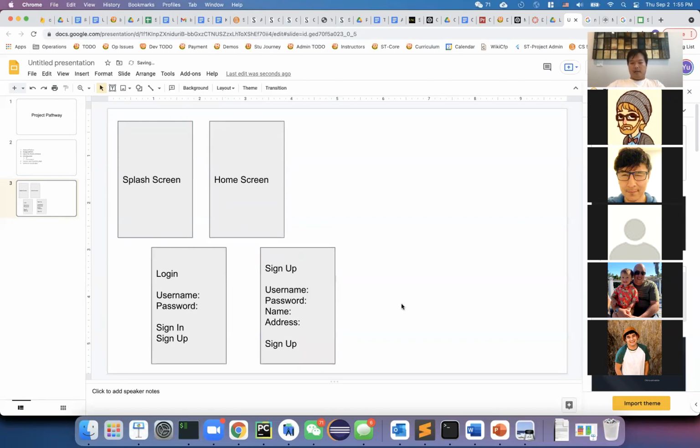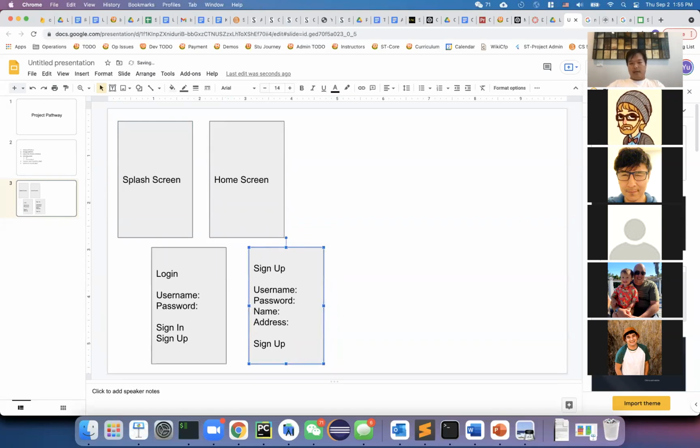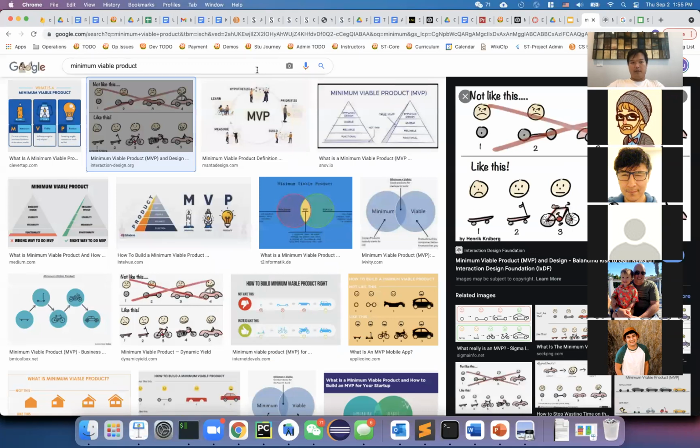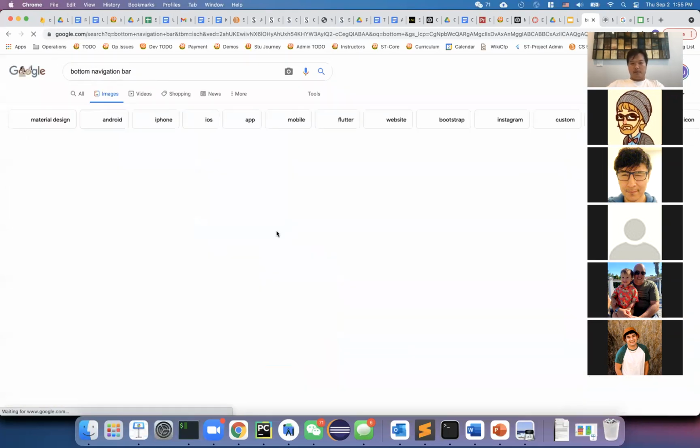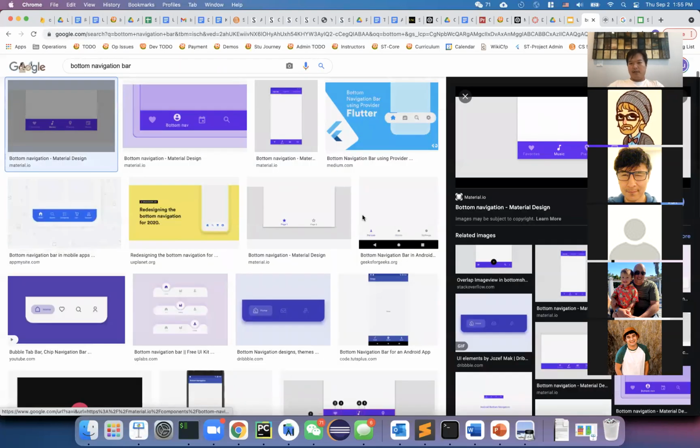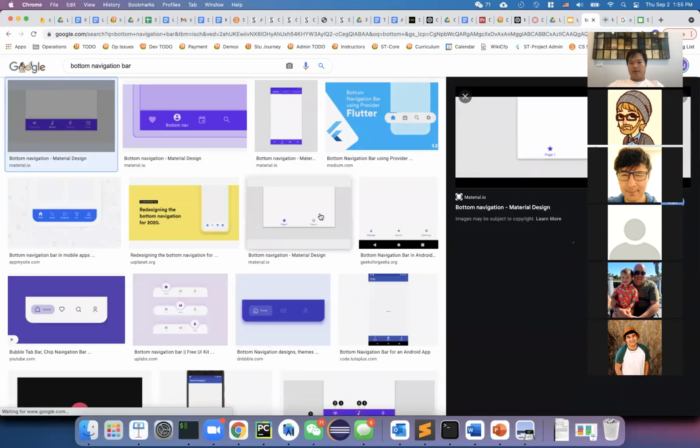Okay, all right. And then for the home, you think about that. Maybe what we can do for this one is use one of these popular bottom navigation bars. Okay, think about that. Is everyone familiar with the bottom navigation bar? All right, so something like this, controlling the menus and different features.